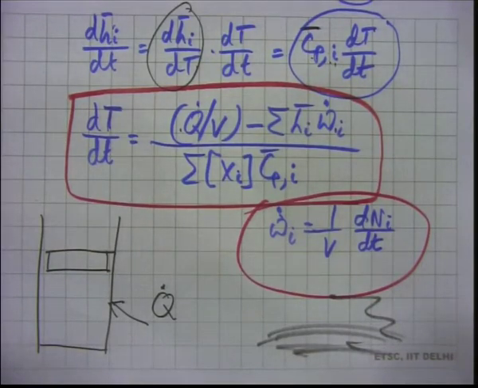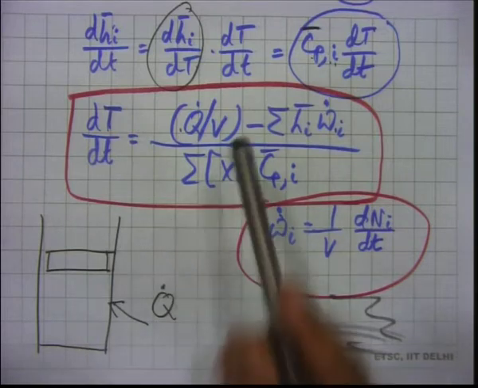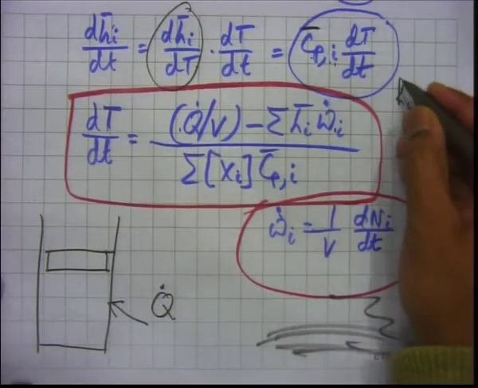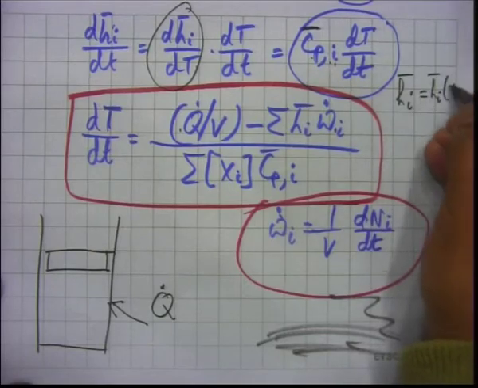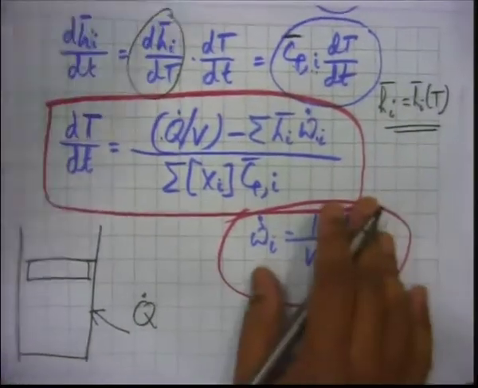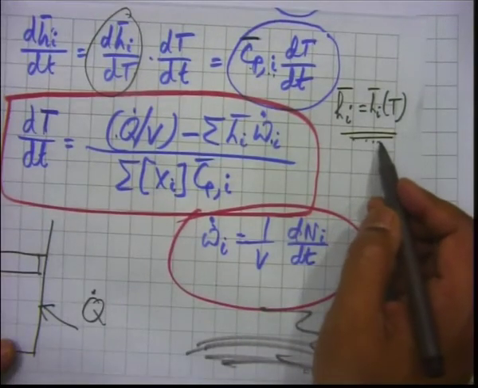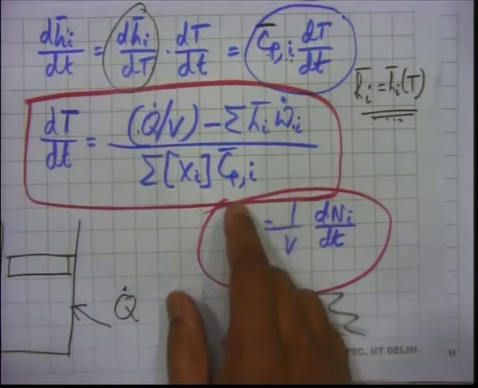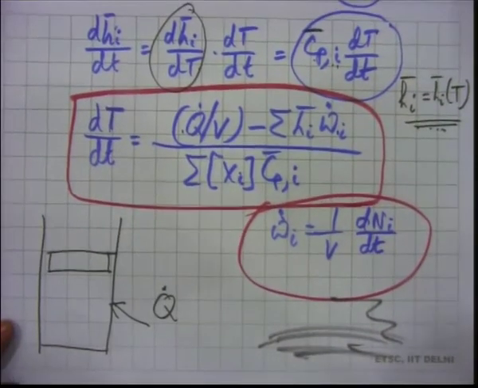So, ideal gas does not necessarily mean that you are forced to assume Cp is not a function of temperature. Ideal gas means that H is only a function of temperature. So, ideal gas means H i bar is just a function of temperature, that is what it means. It does not mean we are also assuming constant Cp independent of temperature. Cp we can assume to be a variable with temperature.